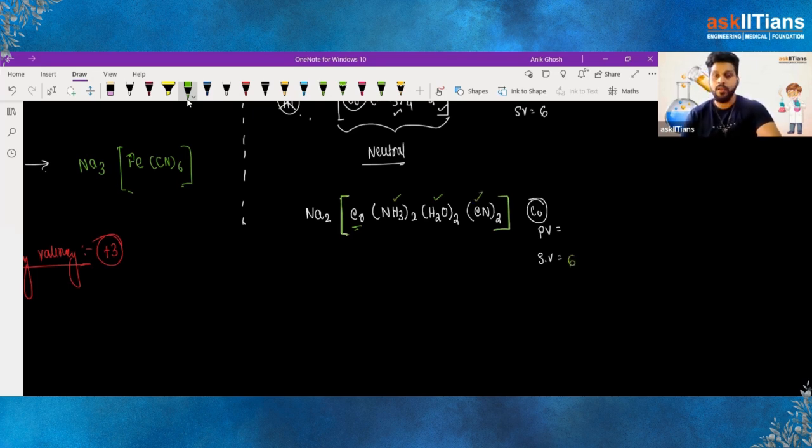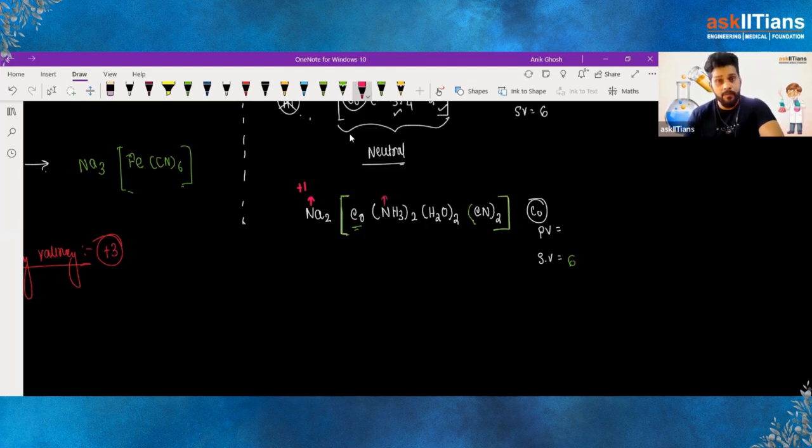Simple. What is the primary valency? Guys, if you remember the chapter redox, it was used to find out the oxidation number of a particular species. Remember? That's the same thing you have to do here. Let's say we know the oxidation number of sodium is +1. For one atom it is +1, right? Total it is +2. Now,